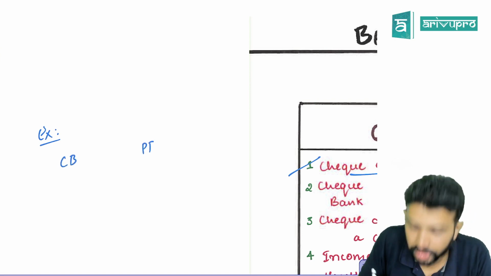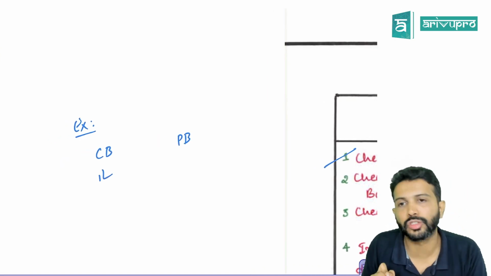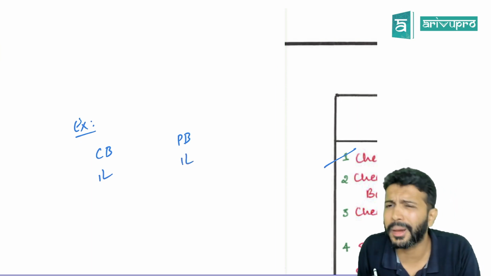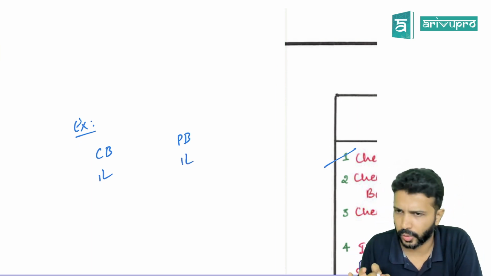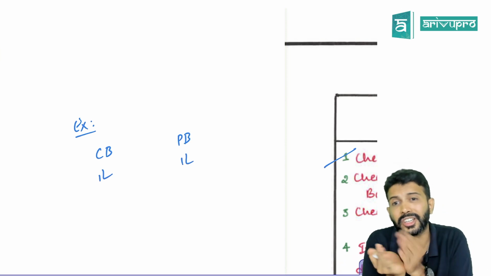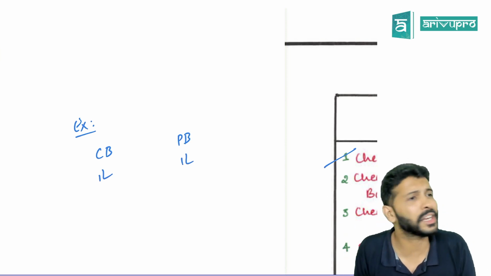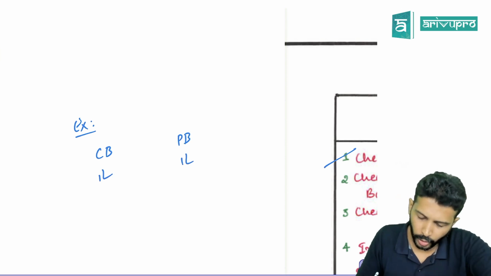Cash book, passbook. Let's say cash book had a balance of 1 lakh. Passbook also had a balance of 1 lakh. So is BRS required or not required? Not required. BRS is only required if the balances do not match. Here is it matching? Yes. Okay. Now let's say